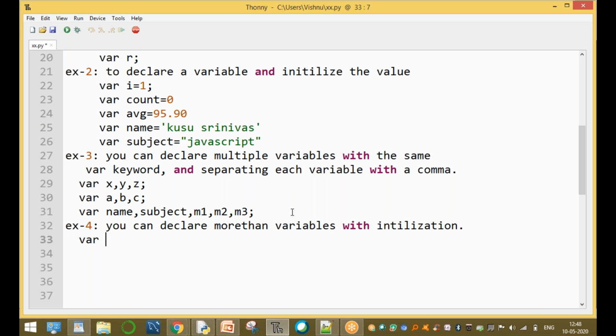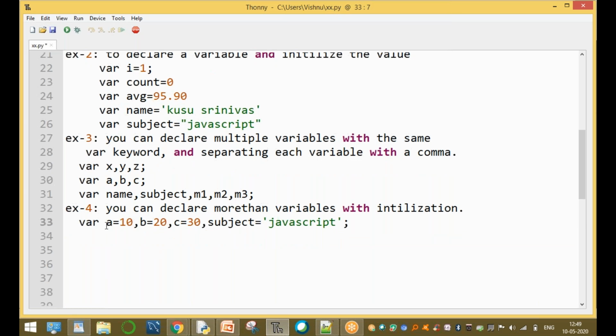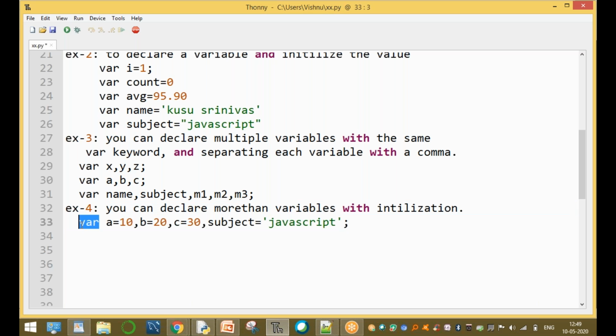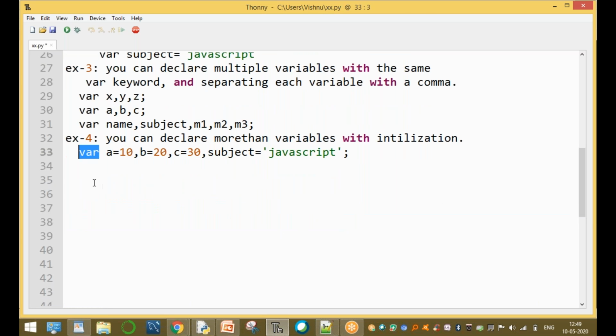Now var a, b, c, each with a value. a equal to 10, comma, b equal to 20, comma, c equal to 30, comma, subject equal to JavaScript. Is it clear? So there are four variables: a, b, c, and subject. Declaring more than one variable with only one var keyword, and initializing some values.